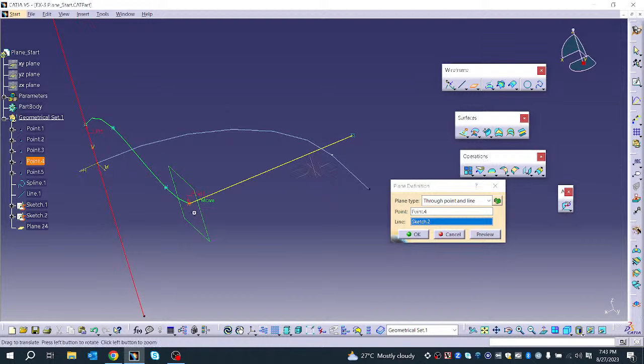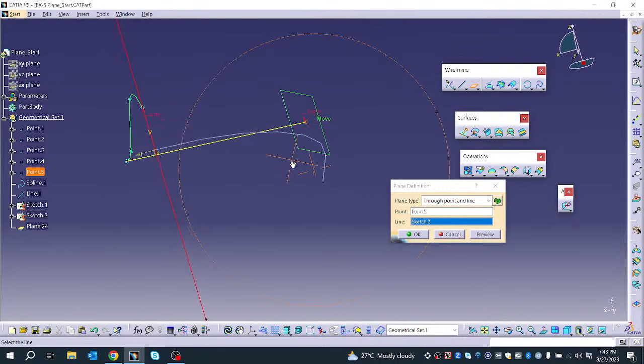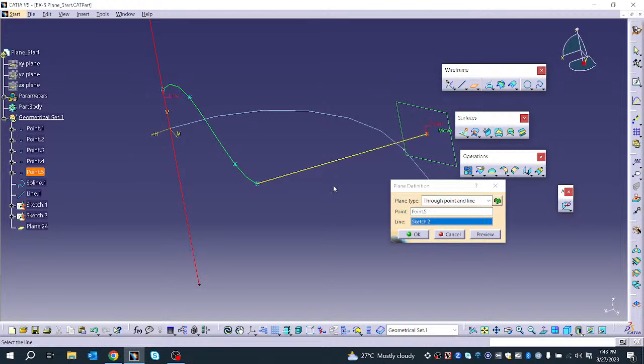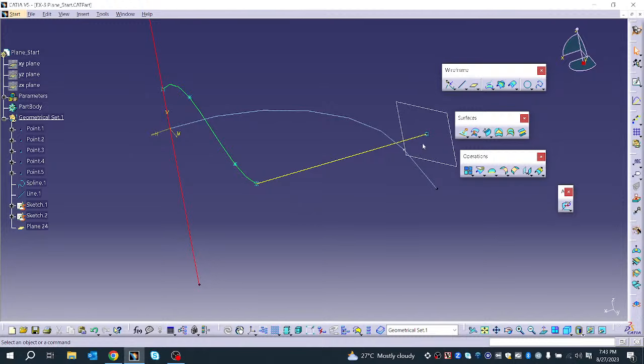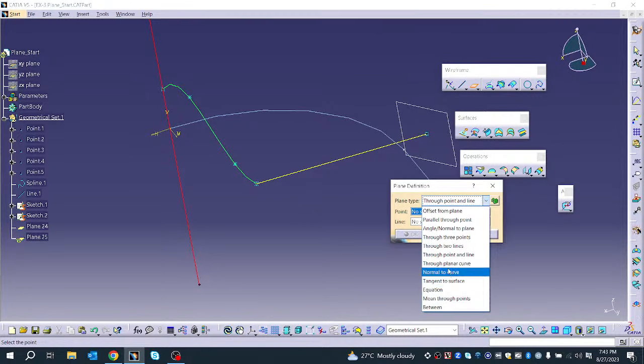You can see the plane is created. You can change this point also here. Okay, the plane is created with respect to the point as well as the line. By using the line and point, we can create the plane. The next one is